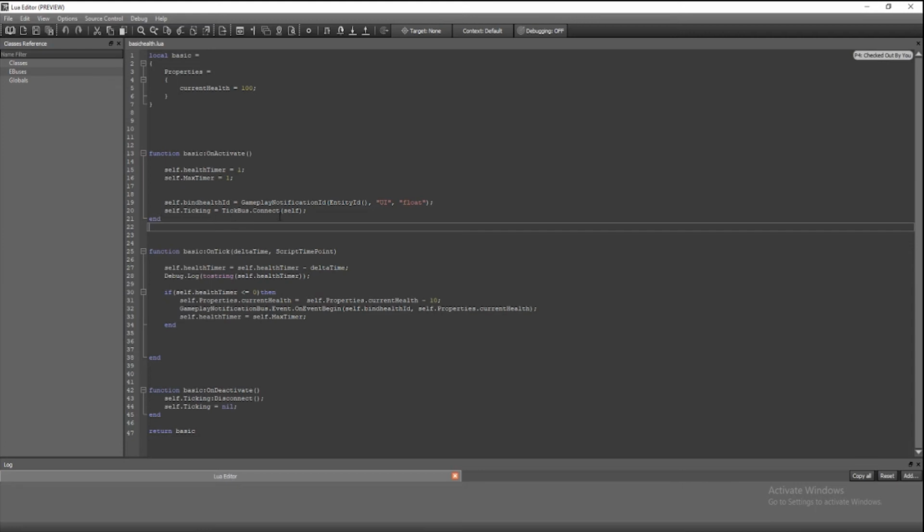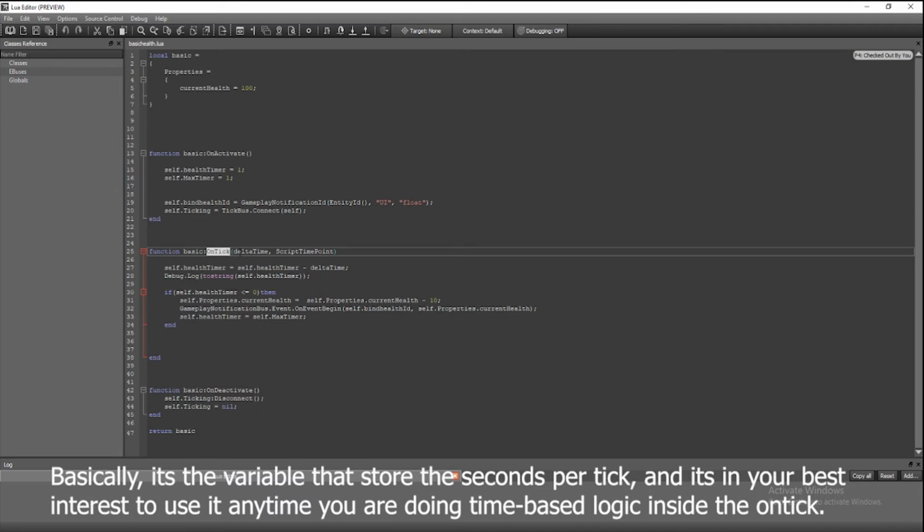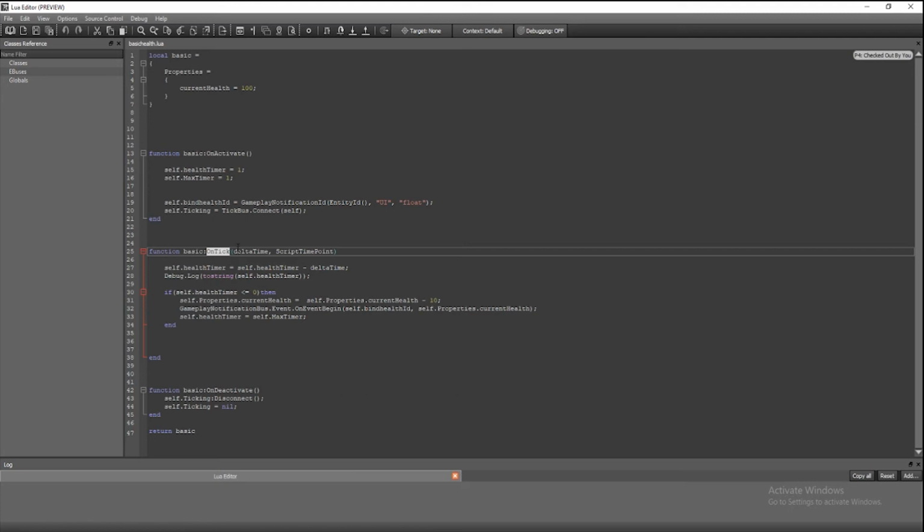So now that we're connected to the tick bus, on the on tick, which is available to us now, you'll see that I have a health timer, and the health timer is equal to the health timer minus delta time, which is part of the on tick, the manageable frames or seconds inside of the on tick, which is what you want to use anytime you're doing anything time based, as well as counting and things like that. So basically this is counting down from whatever I have the health timer set to, which is 1 second or 1 frame. So what I'm doing is, if self timer is equal to or less than 0,